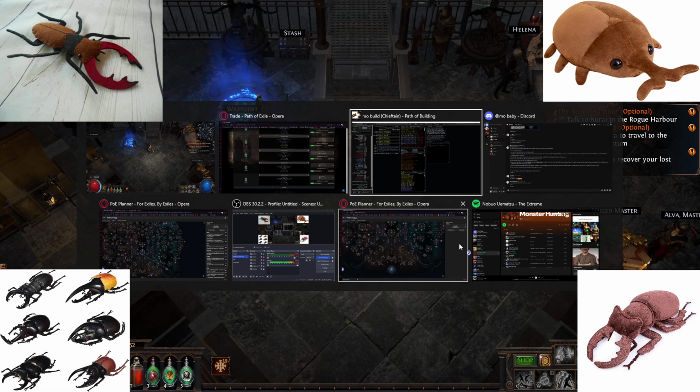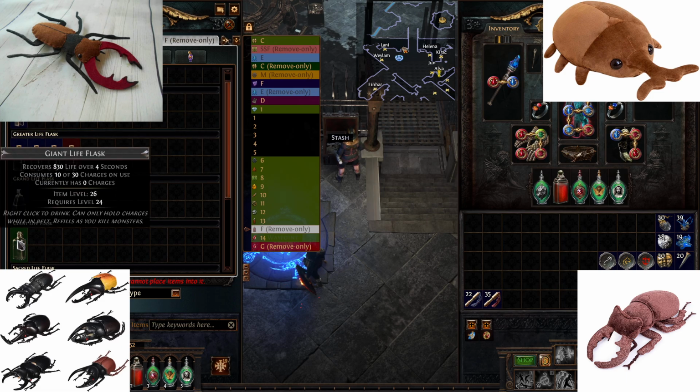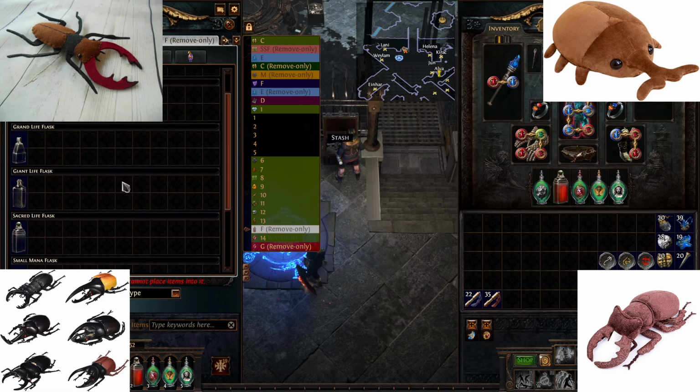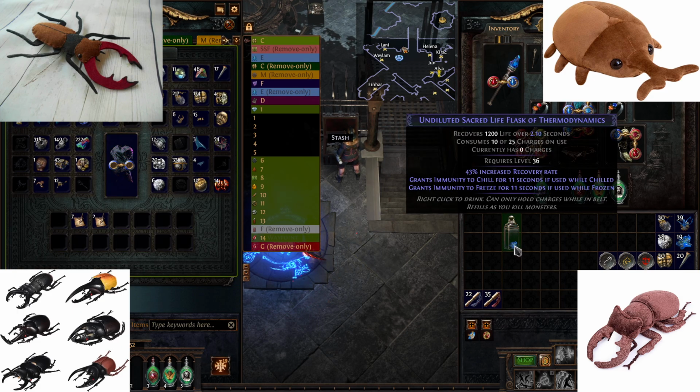So yeah, that's that. So we'll have our flasks, and then you want to take a life flask, okay? I don't know if the level of this one's high enough. Okay, whatever. We're going to roll this until it has...